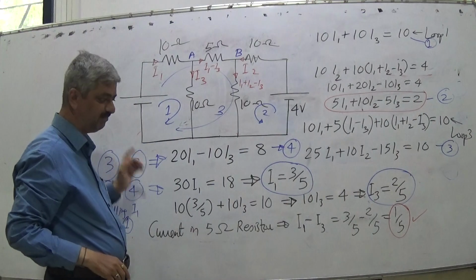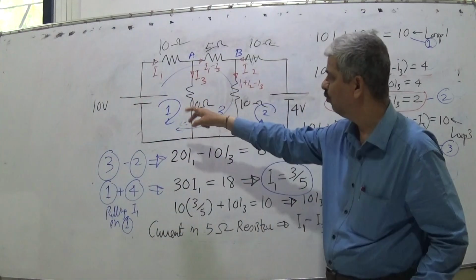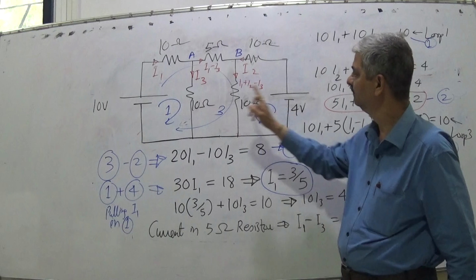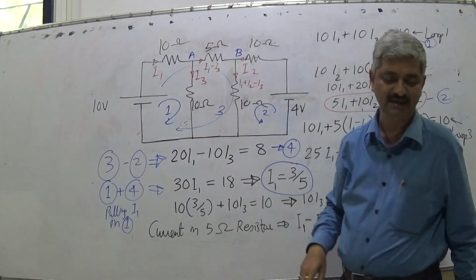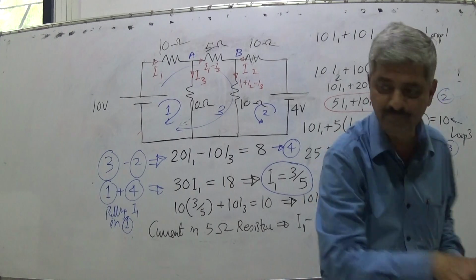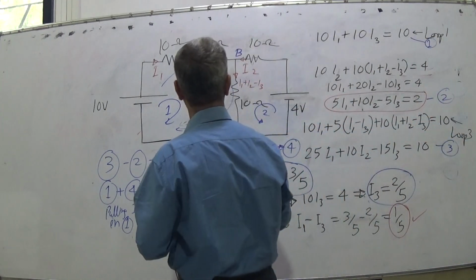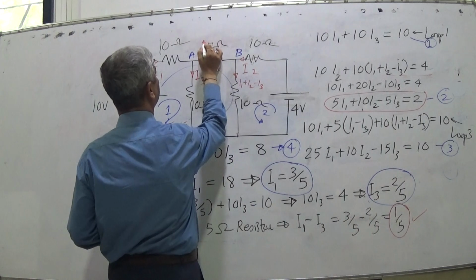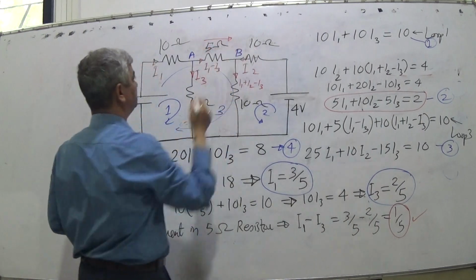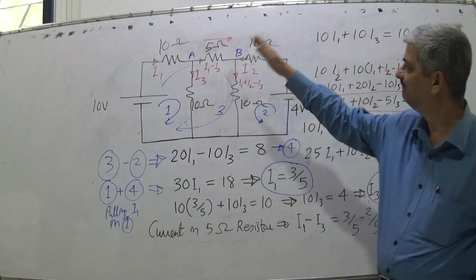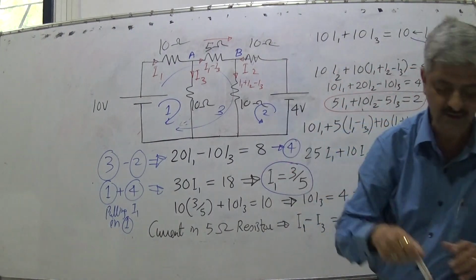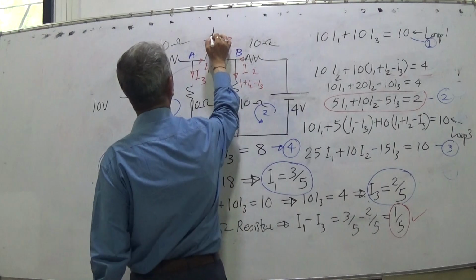The circuit is very simple: two voltage sources, voltage source 1 and voltage source 2, and 5 resistances, and the question was to compute the current in this 5 ohm resistor, or IAB. This current I was to be computed